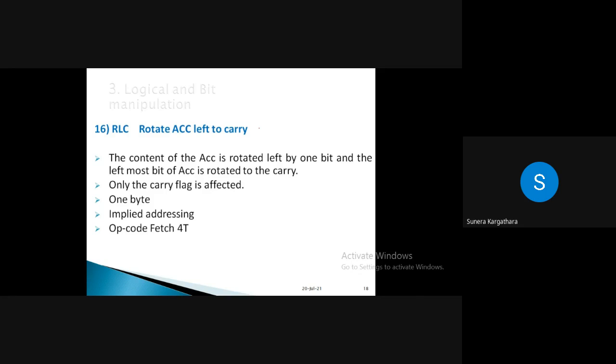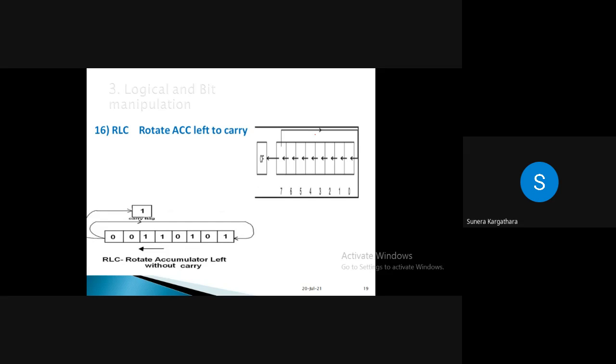Now, what we mean by rotation, that first we want to discuss, and then we will check for individual instruction. Before that, just try to understand what is the rotation with and without carry. Then we will focus on left and right. Suppose I say I am rotating the content of the register, which is the accumulator, by default without carry. Try to understand the difference between rotation with carry and rotation without carry. Here, try to understand first this figure. For the accumulator, you have 8 bits.